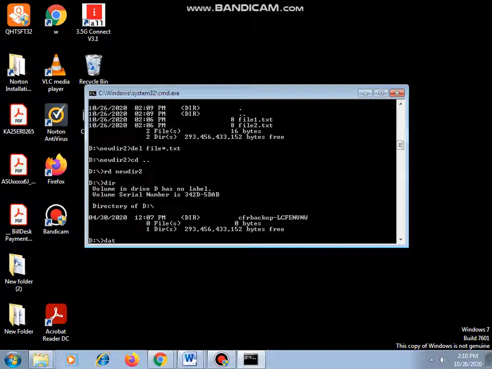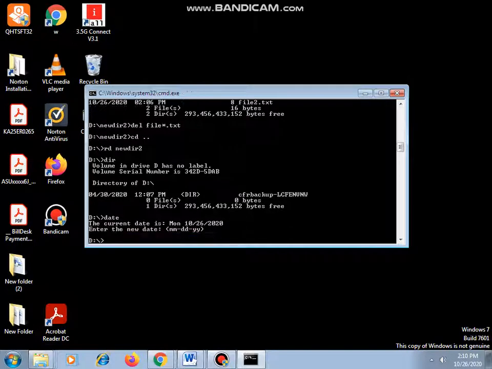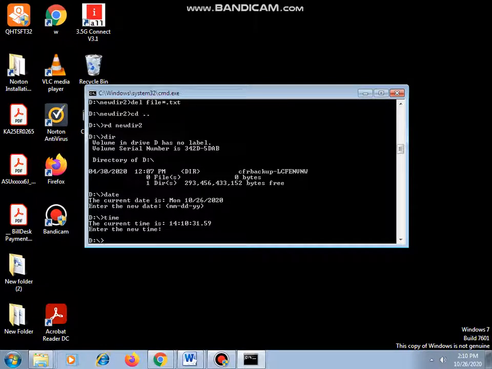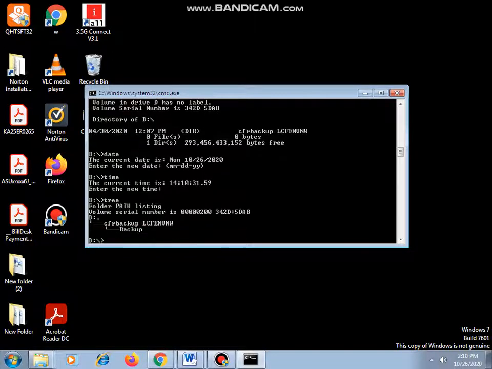If you want to display the date, you can do this by using this. If I want to display the time, I can make use of this command, time. I can display the directory structure in terms of a tree by using this.